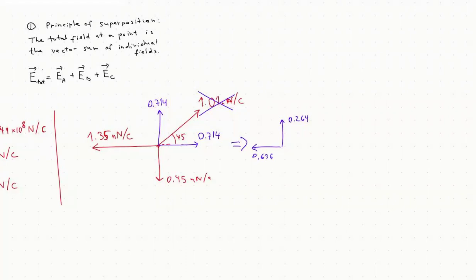Therefore, the resultant electric field, E_D, is going to be the square root of 0.264 squared plus 0.636 squared. That's going to be 0.689